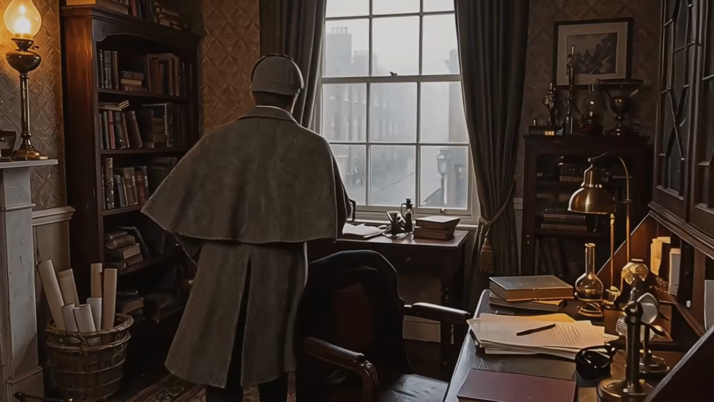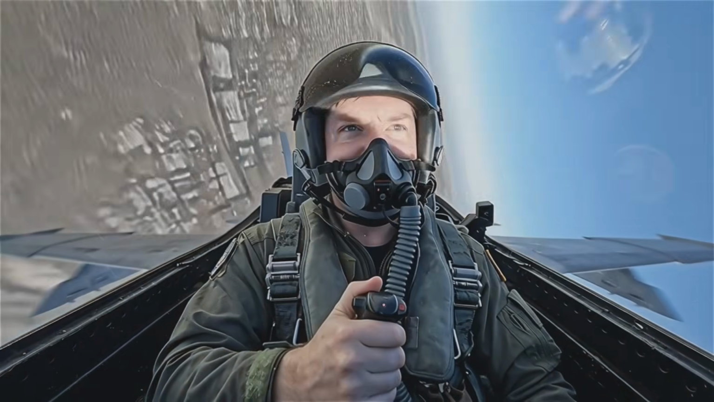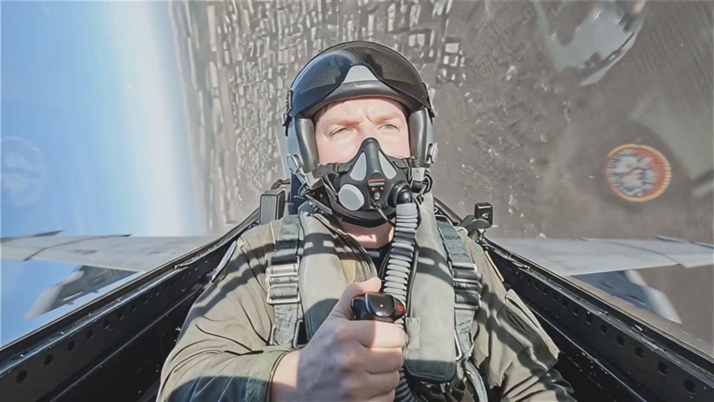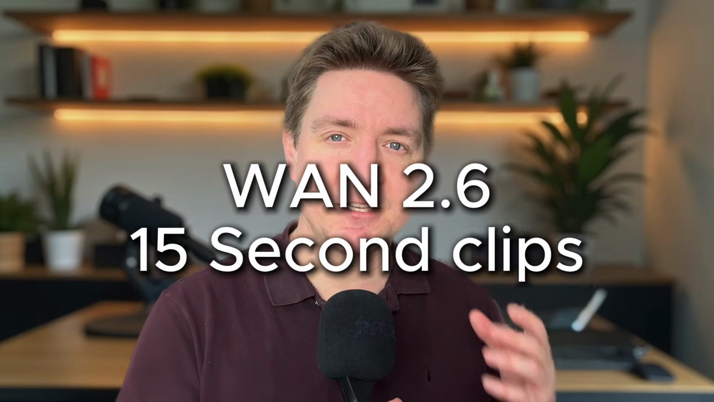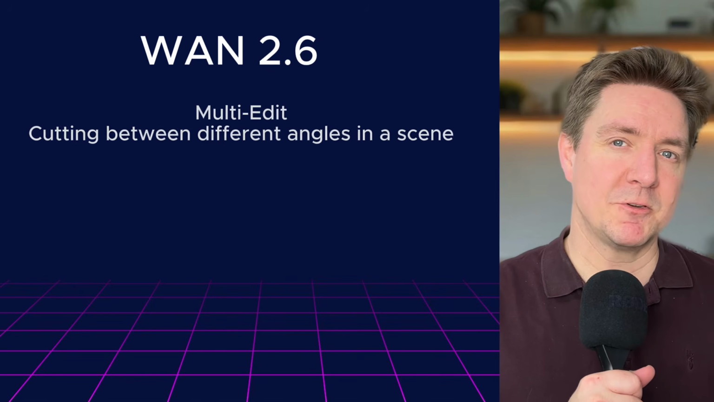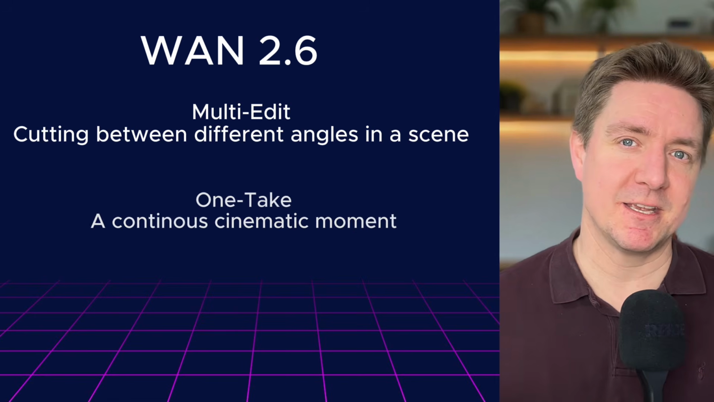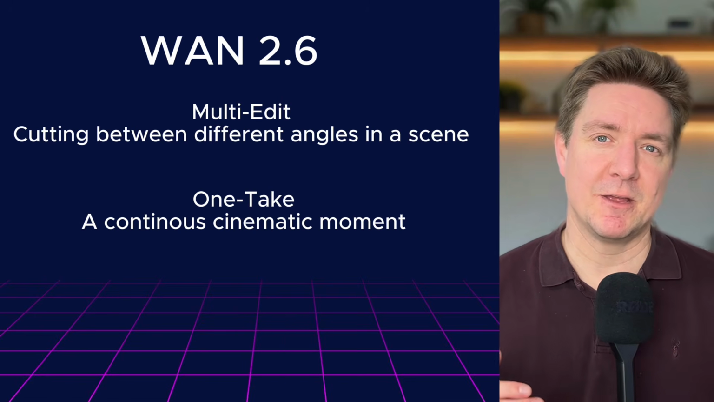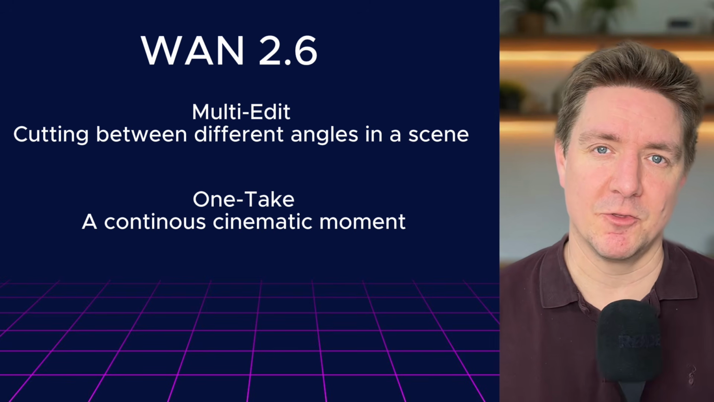From adrenaline-packed sequences to dialogue-driven mysteries, this is Wan 2.6, and it may well just become my go-to tool for AI filmmaking. Wan 2.6 can generate up to 15-second clips in a single prompt, and it can do it in two different ways. One, a multi-edit, cutting between different angles in the same scene like a mini edit. Two, a one-take, a continuous cinematic moment where you can drive the dialogue and story forward, keeping your camera trained on that actor throughout that scene. And in this video I'll show you the exact prompts that I used so you can try it for yourself